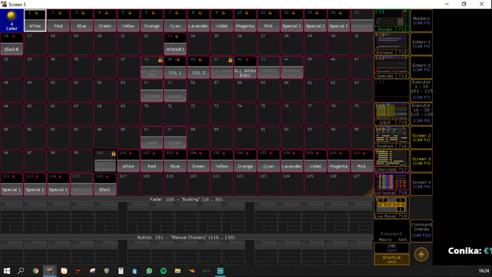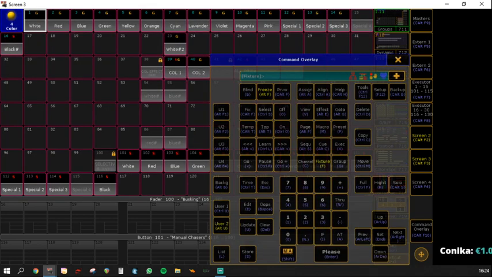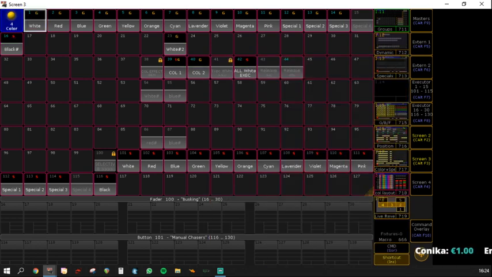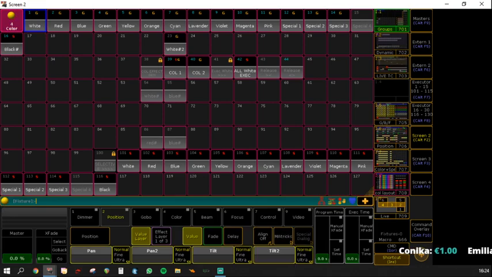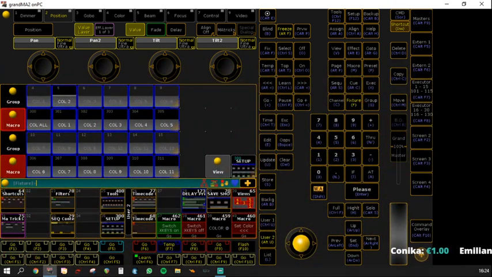So now if we pull that up, macro 301, you can see I travel through all the colors. So that's, I think, a pretty good way to save writing a lot of macros or a lot